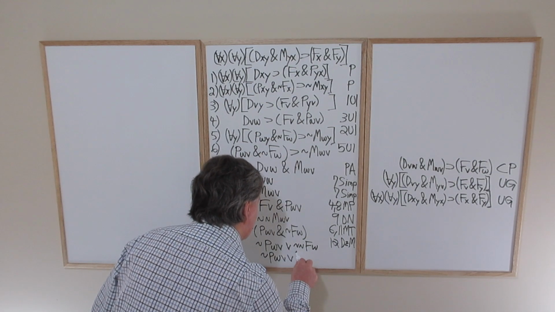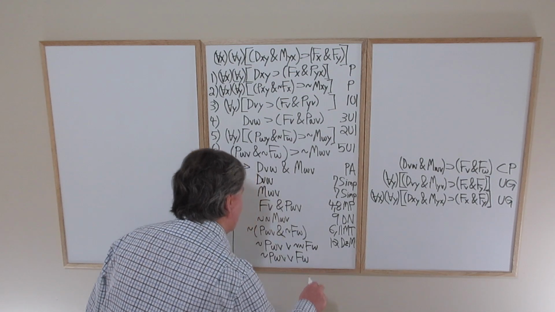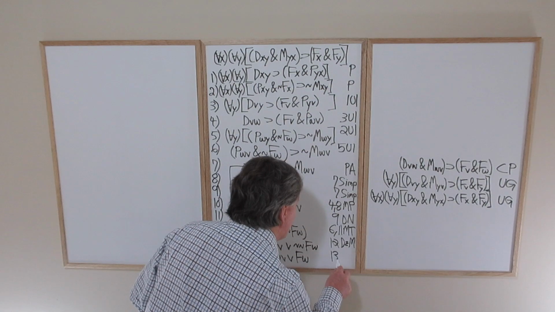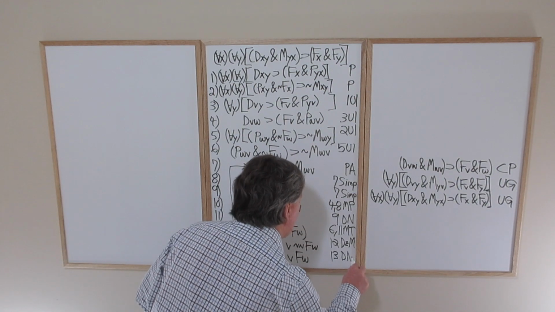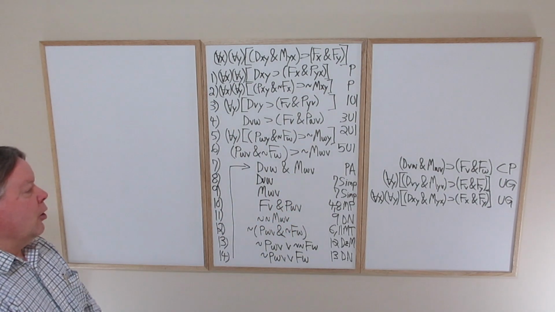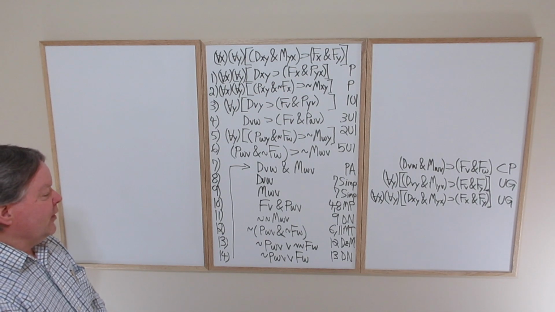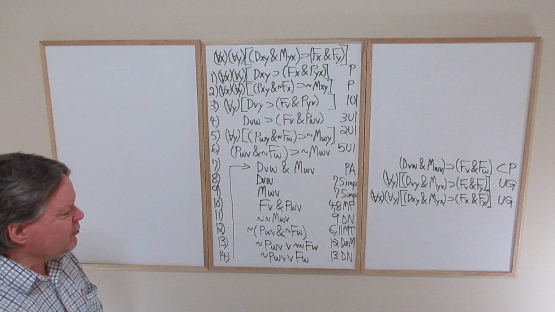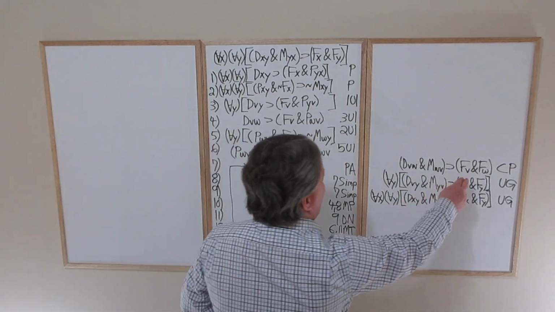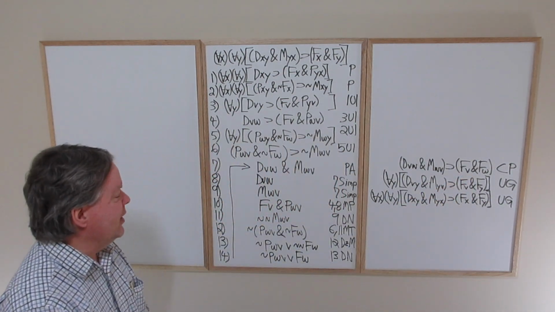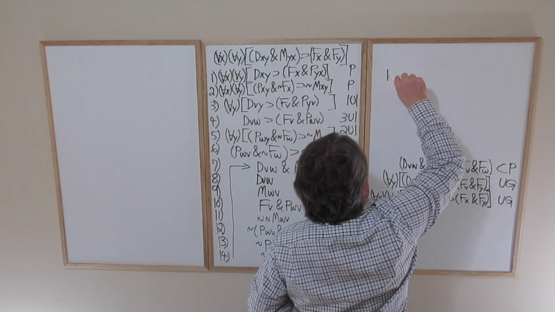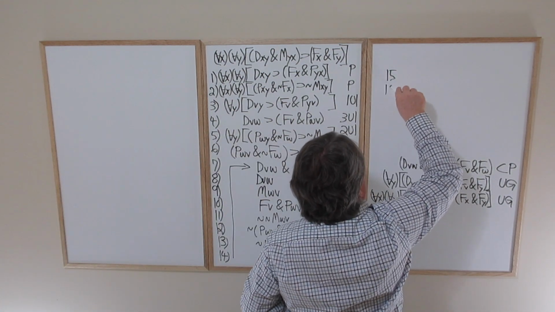to neaten up the right disjunct, doing a double negation on part of the line. Now we can see that we're going to need these two. Remember, what are we after in our subproof? The conjunction of FV and FW. So